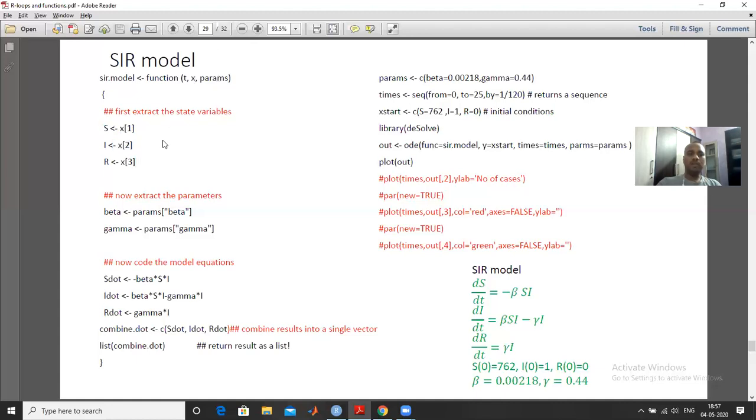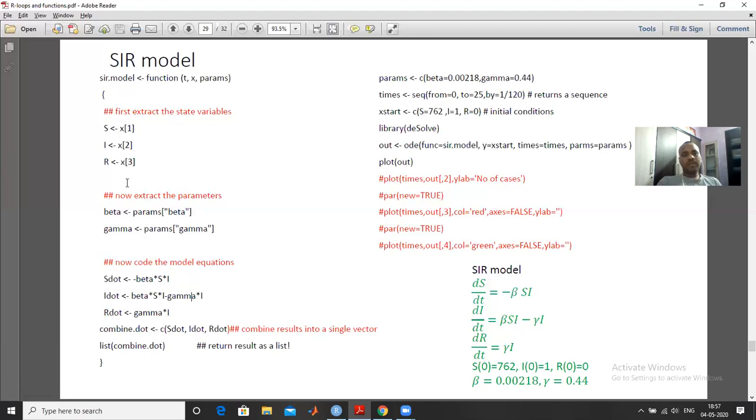Then I can use them in our function SIR directly, or otherwise, where I have defined S you can write x1, and where I you can write x2. So x1 and x2 you can write directly.